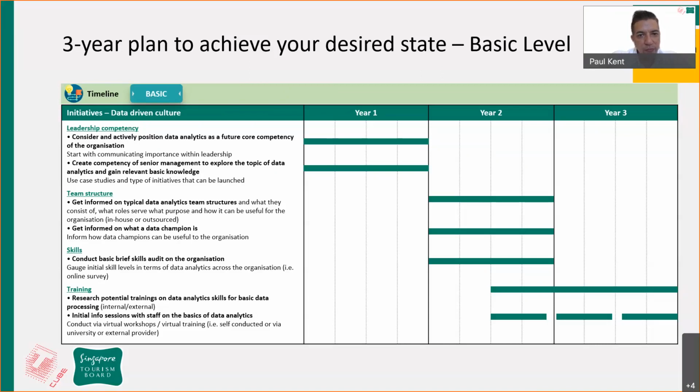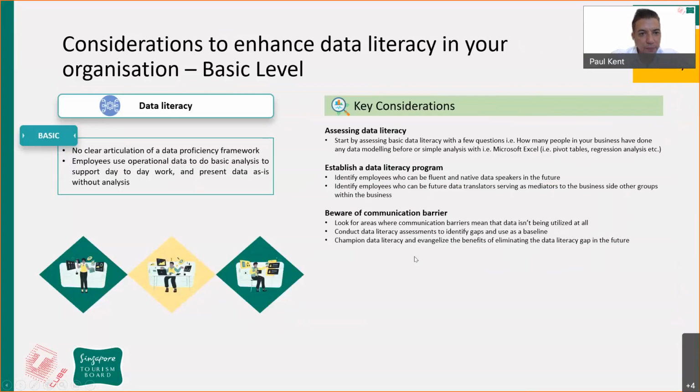If we look at it quickly, 3-year plan, leadership competency, roughly about the first year. As I said, you could probably do this in a couple of months, relatively about 6 months. Team structure could actually start flowing in year 1, but here it's being shown as year 2, getting the right people on board and so on. And then the training is an ongoing process, and you're continuously reviewing this, say, on an every 6-month basis. And this is what we would do ourselves in our own business. Okay, if we go to the next, please, Nev.